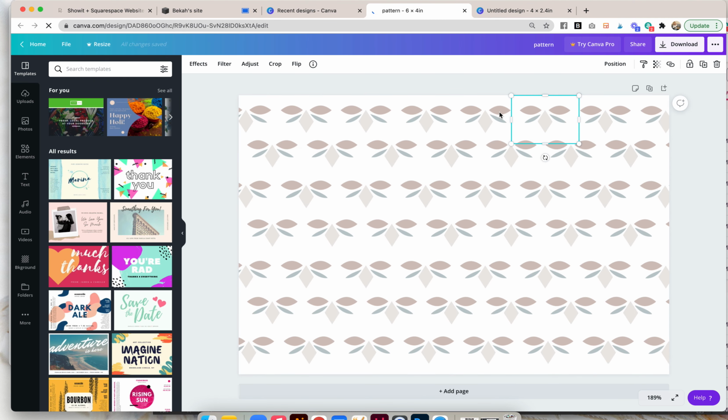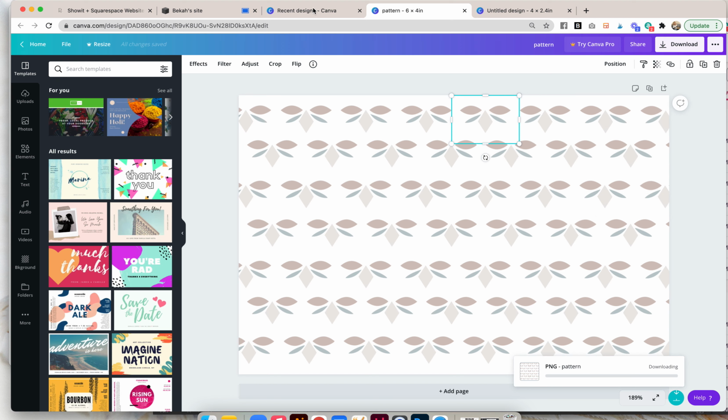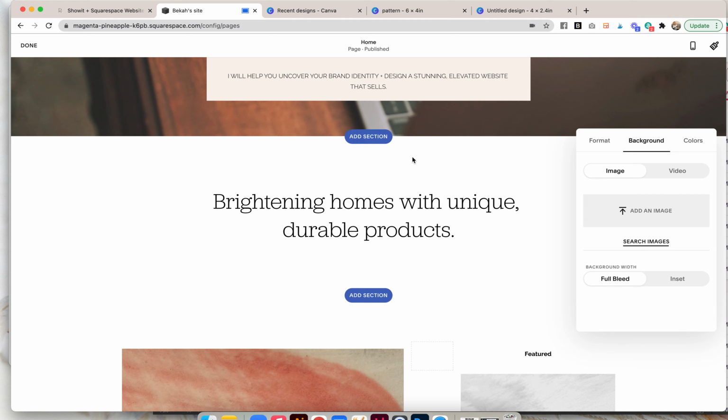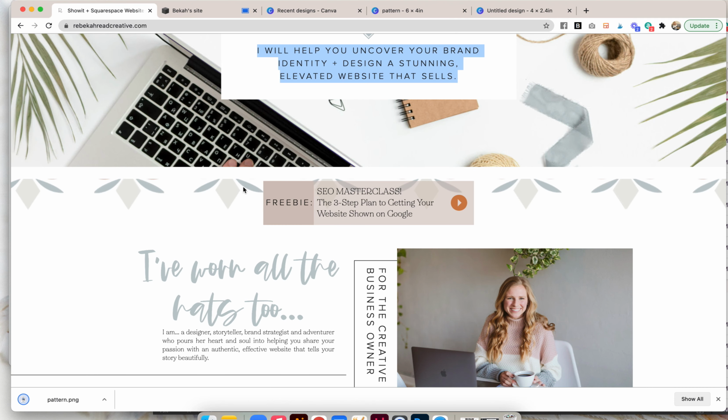All I did was just copy this element over and over again. We'll download that. We will upload it as the background image. And then we have a box. So it's the exact same concept that I already did. I'm going to make it look different because I don't think we need to do something exactly the same. I think we can be creative.